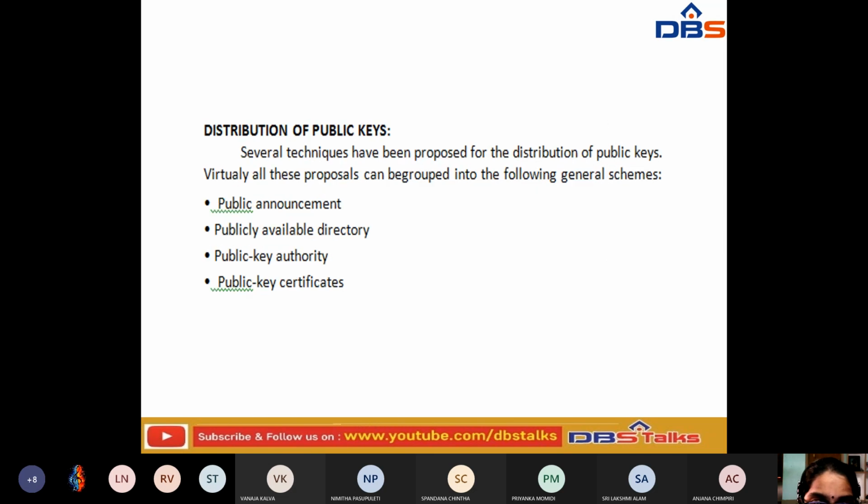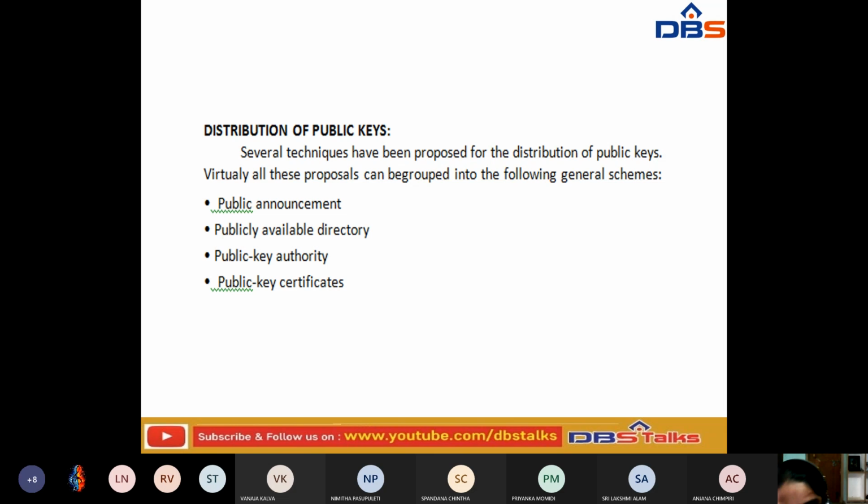And the next thing is how we are going to distribute the public keys. Whenever you distribute the public key, virtually all the proposals can be grouped into the following general schemes. Whenever you announce it publicly, we call it a public announcement.